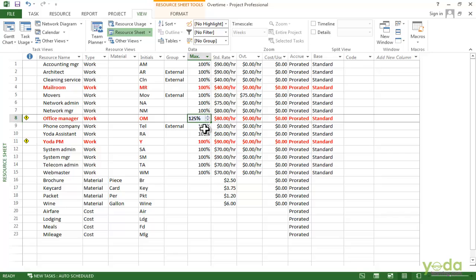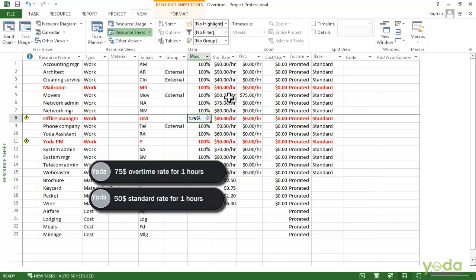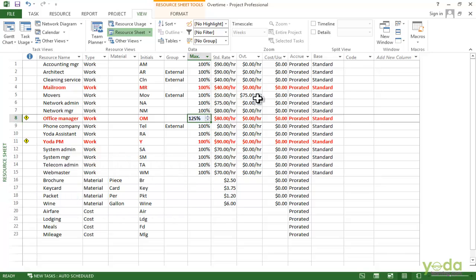So here, $50 is paid as the standard rate for 1 hour and $75 is paid for the overtime per hour.